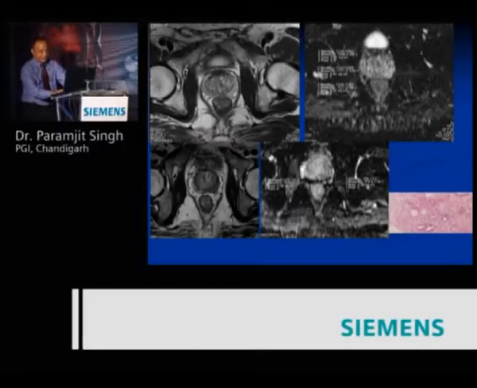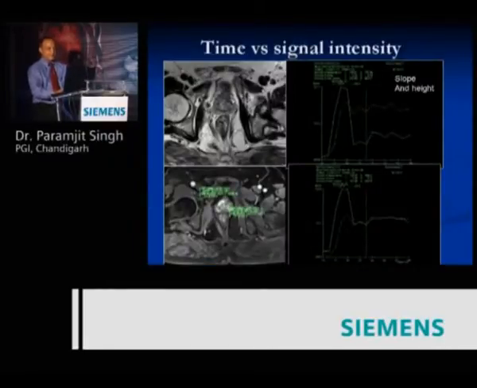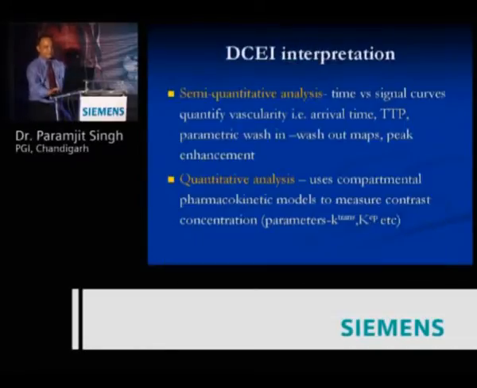Now these are the two cases which again had cancers. I'll go to the next one. Now, in this patient, we see the first pre-contrast image and the post-contrast, very rapid uptake of contrast, which gradually washes off and then becomes iso-intense to the rest of the gland. And if you interrogate this, you find in the cancerous area there is a very rapid upslope and a rapid downslope, while the normal gland shows a plateau which is pretty flat and the slope is also delayed. So this is the kind of time versus signal intensity curves that you get.